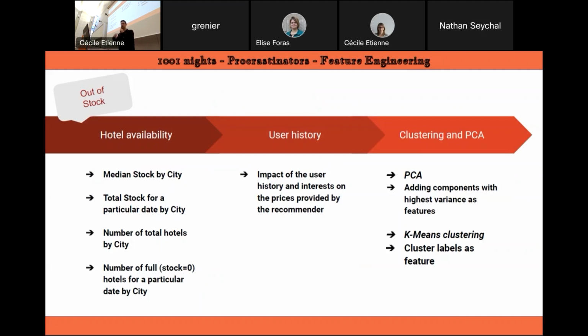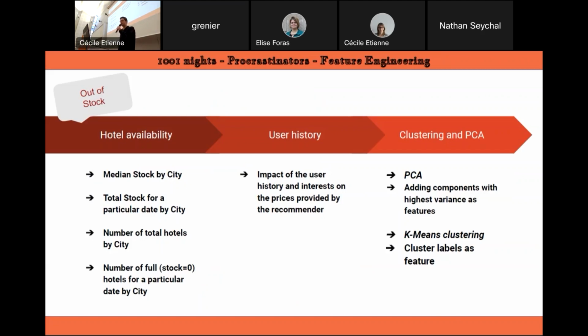So we tried to give more dimensions to this stock. We modeled the number of full hotels in the cities for some dates, the median stock, and the total stock in that city for a date. As I said before, we also tried to introduce the user history and the user behavior.